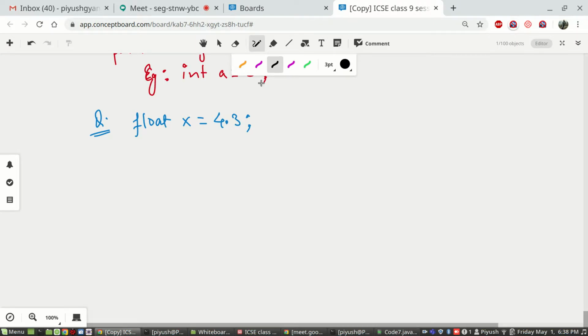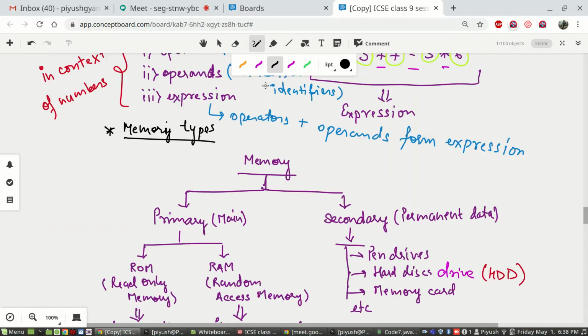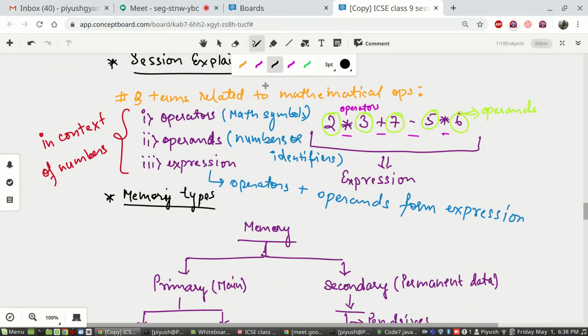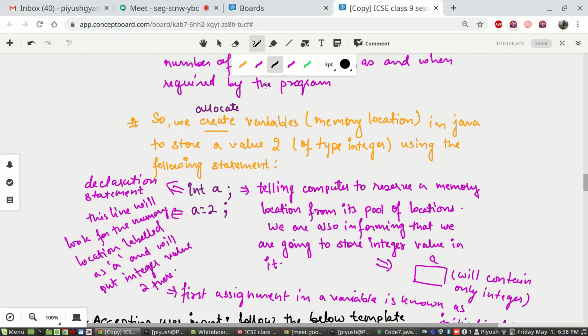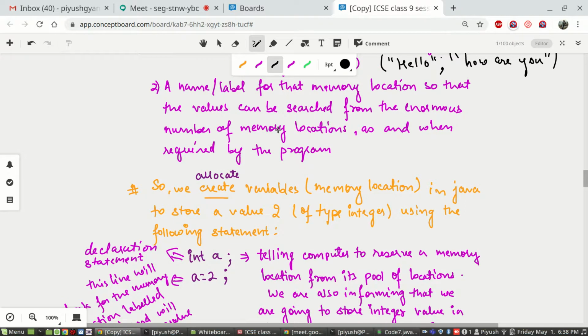I'll again scroll up to the definition. Because we haven't told that x is a float value. We have written float x equals 4.3. We did not declare x as float. That statement, if you remember, is combining the declaration and initialization. In the single line, we are providing both things, values as well as declaration. So that is not the issue.